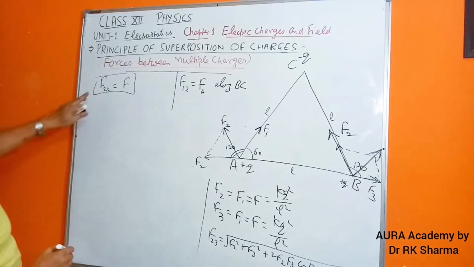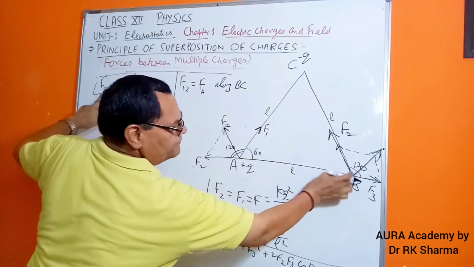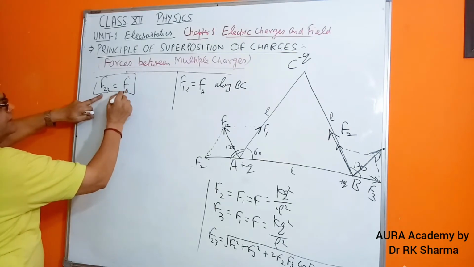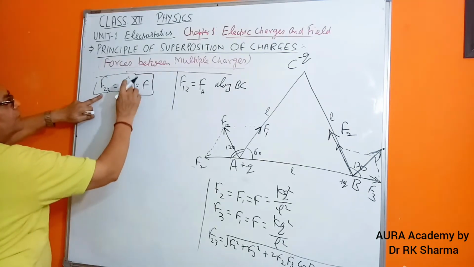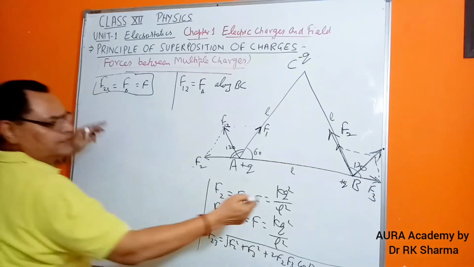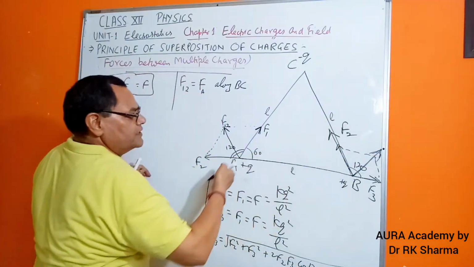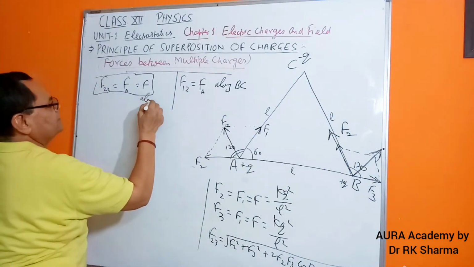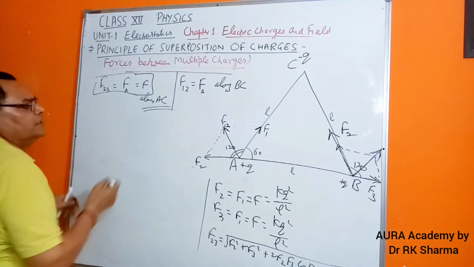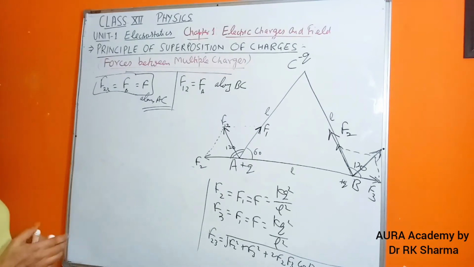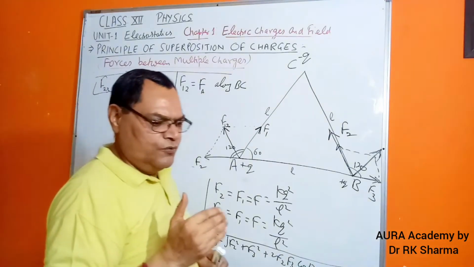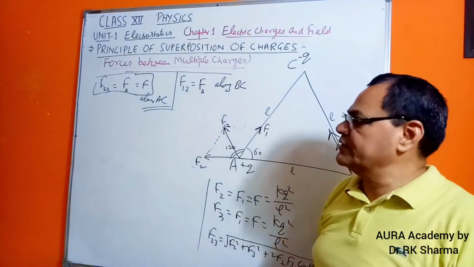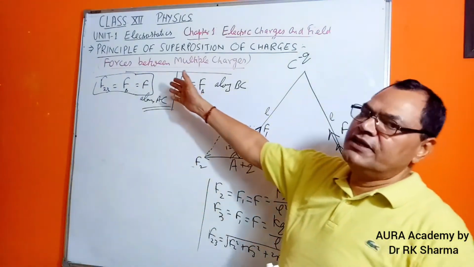So we should write the direction as well, that along BC, this was the actual force at A. Alright, now I got F23 is the force at B. So this is nothing but force F at B and is equal to F only. But what should be the direction of this? The force is this way, so it is parallel to this, that is along AC. So here we can write down the direction is along AC. Clear? Because force is a vector quantity, we are supposed to give the numerical value as well as the direction. Okay, so numerical value we are finding out F.